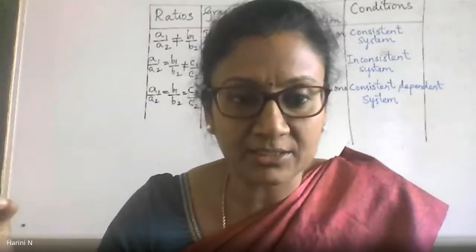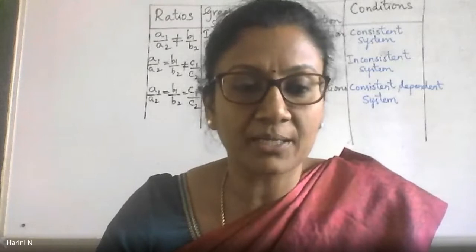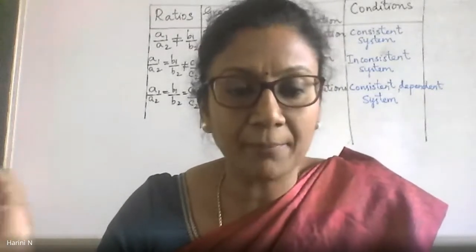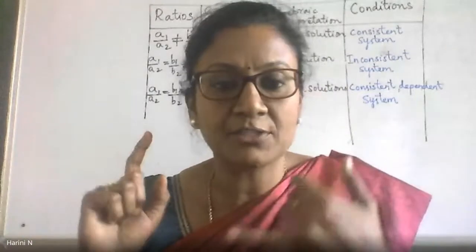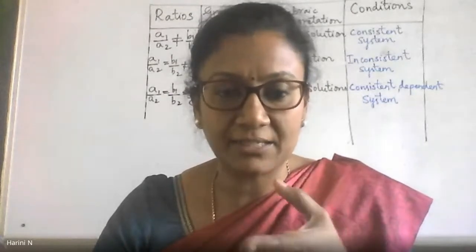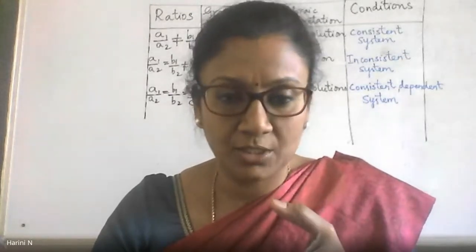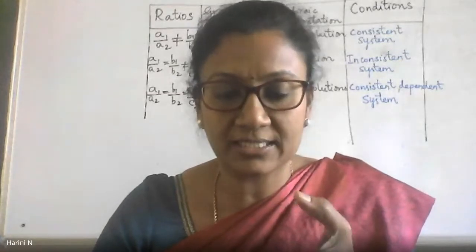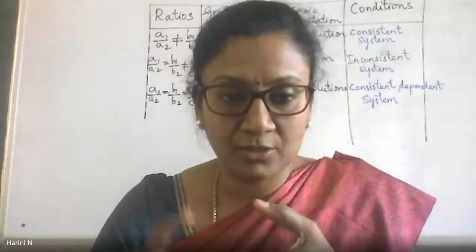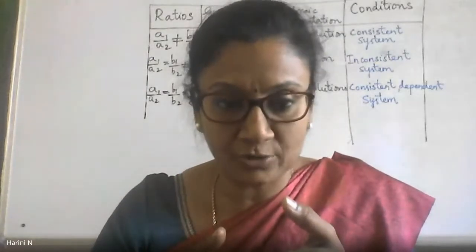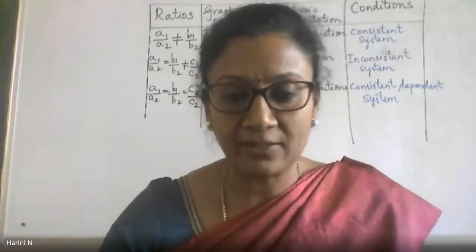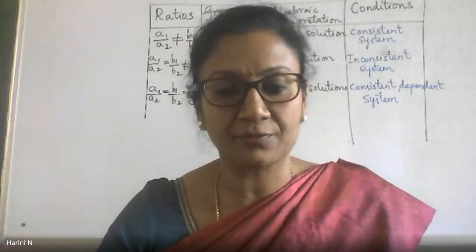Whenever you are asked, when is a set of linear equations going to become intersecting? When is it going to become coincident? Or when is it going to become parallel? By just comparing the coefficients of x, y, and the constant term, that is the a1, b1, c1, and the a2, b2, c2, which will be the coefficients of the x term, the y term, and the constant term in the two equations. By looking at them and taking their ratios, you will be able to decide what kind of lines we would be getting. I will get back to the board now and try to explain the conditions of consistency.